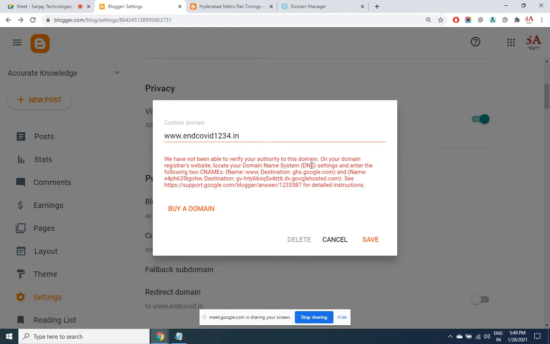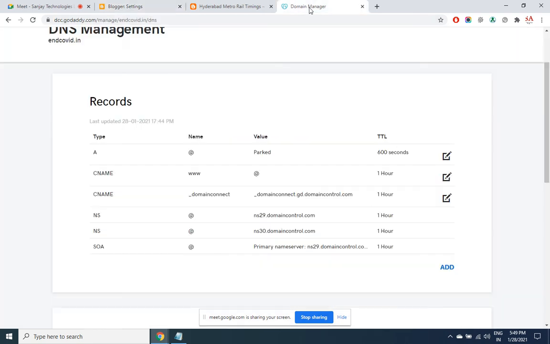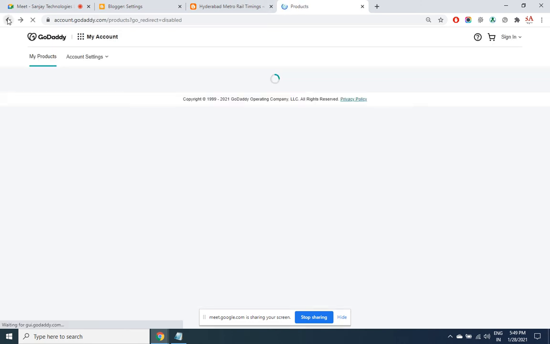So he says to go into the DNS settings and enter the following names. For www, use ghs.google.com and then add a new record. This was already there, which I removed just to show you. So if you go into your domain DNS settings page, this will be there